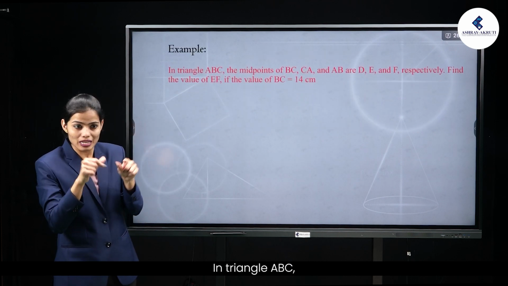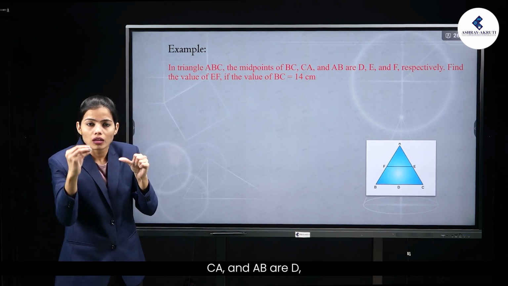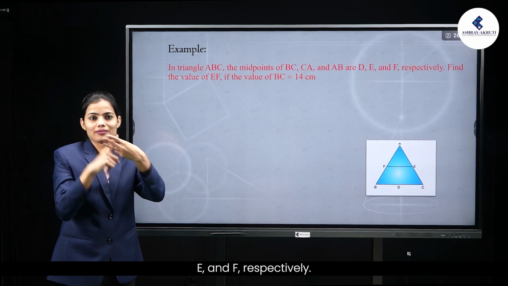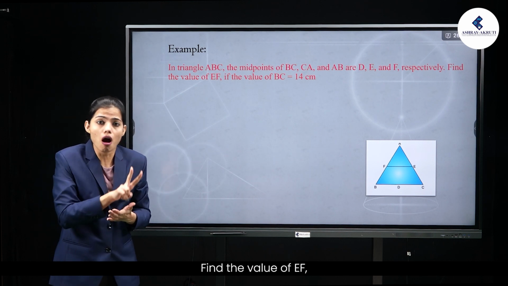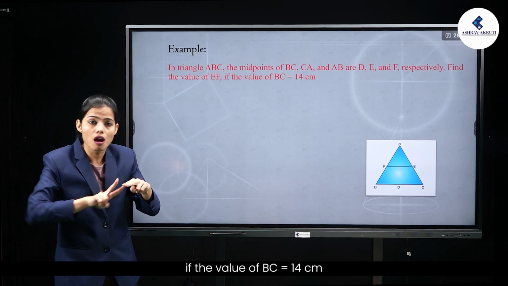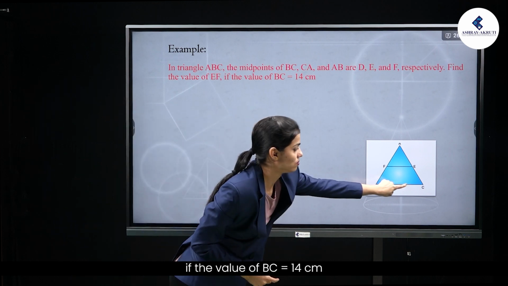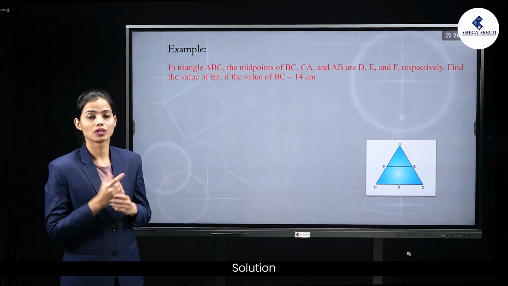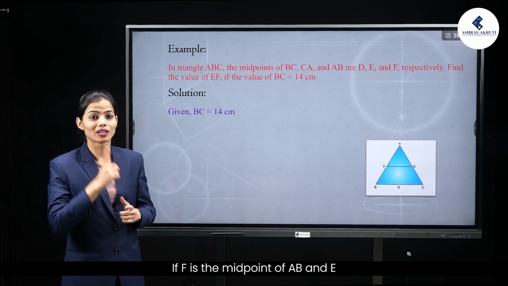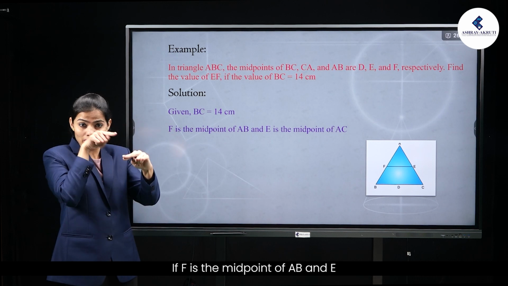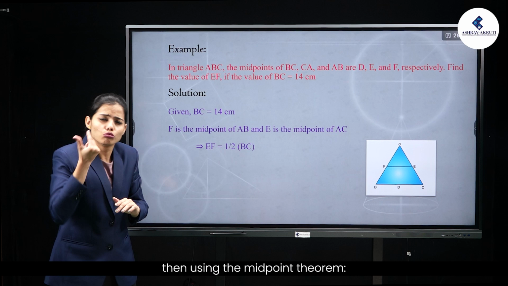Example. In triangle ABC, the midpoints of BC, CA and AB are D, E and F respectively. Find the value of EF if the value of BC is equal to 14 centimeters. Solution. Given BC is equal to 14 centimeters. If F is the midpoint of AB and E is the midpoint of AC, then using the midpoint theorem,